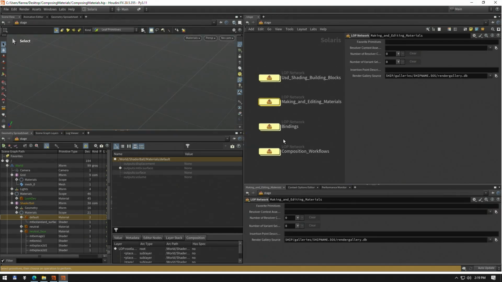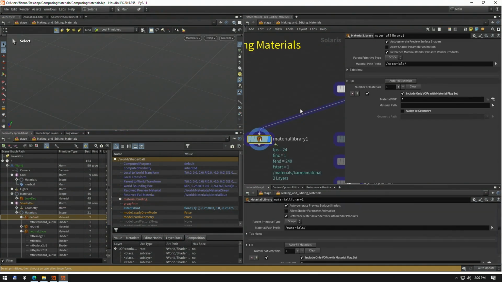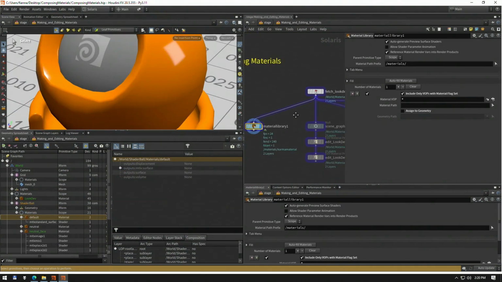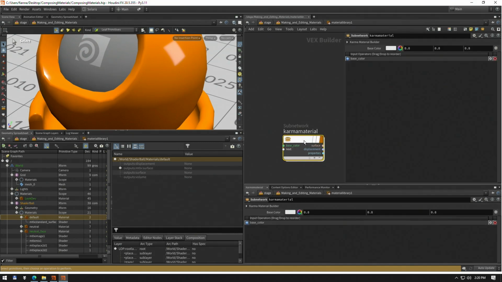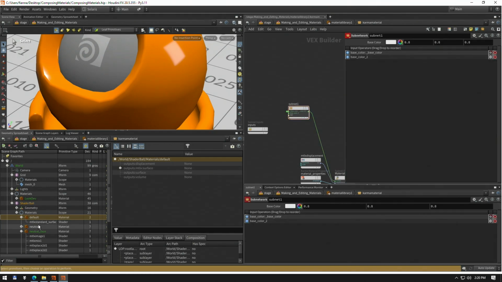Sorry, because I had another question. You mentioned before that there were 3 prim types you showed us in the beginning: the material, the shader, and the node graph. How do you create the node graph? Where would that fit in? So the question was, we showed the 3 prim types, and how do you create a node graph? So the node graph gets created automatically from subnets. So if I were to put this in a subnet and go up,